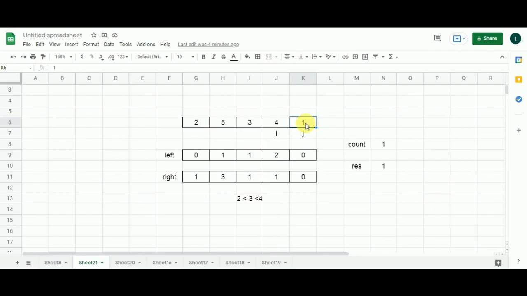Yes, it is. So what the algorithm is going to do is add the value over here, which j represents in the right array, to this variable's value. So 0 over here will be added to 1. Since 1 has nothing on the right, it is not going to make any difference. I is going to move one cell to the left. J is already at its base position.